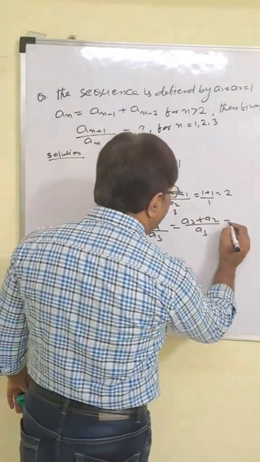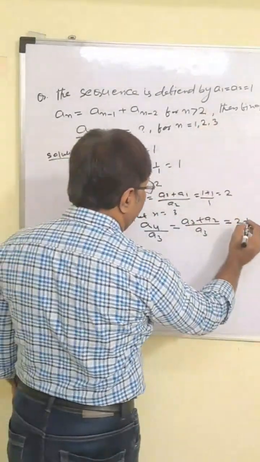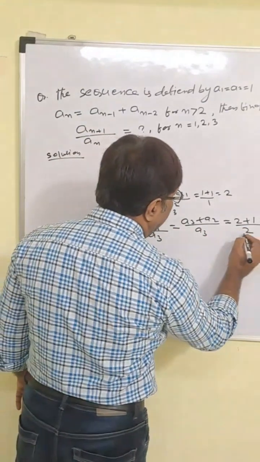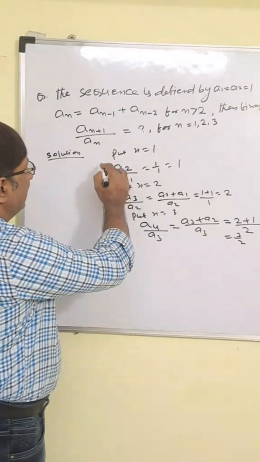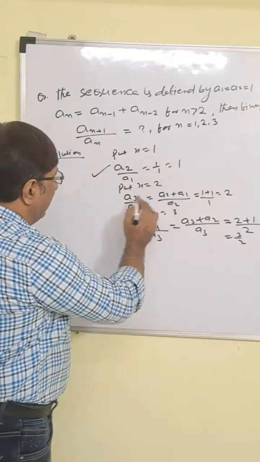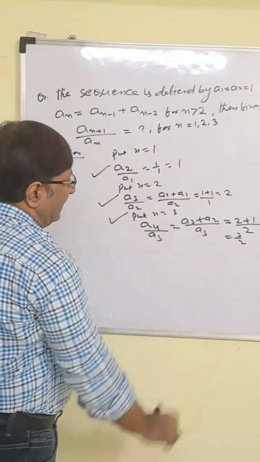So A3 equals 2 and A2 is already given as 1. So this is 1 and again A3 is 2. So our correct answer is 3 by 2. For n equal to 1, our answer will be 1, for n equal to 2, our answer will be 2, and for n equal to 3, the answer is